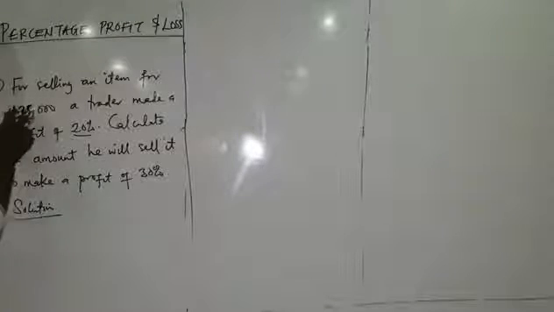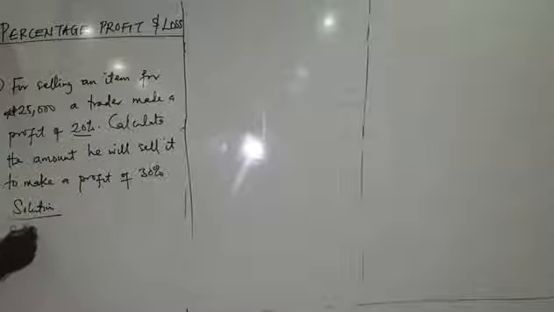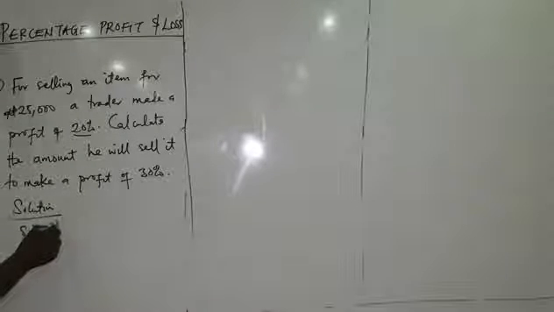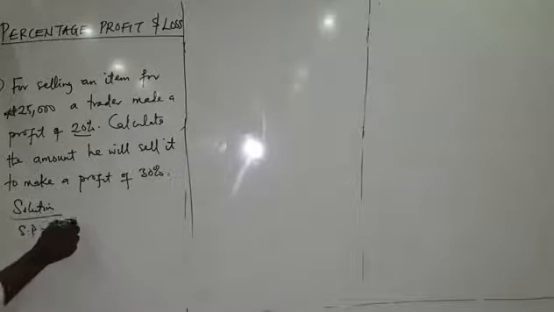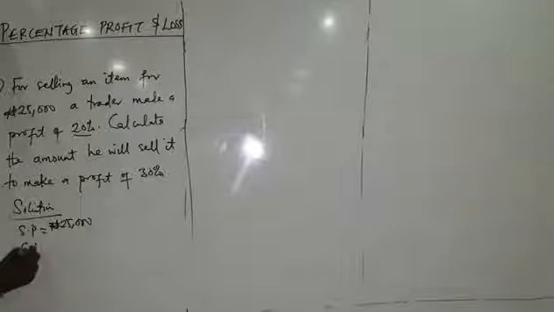We are given the first selling price. The first selling price is 25,000 naira. We don't know the cost price. That is what we're looking for now. Then the percentage profit